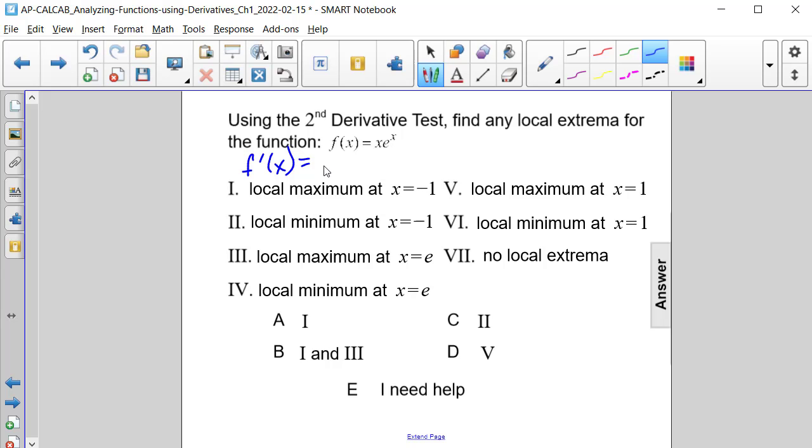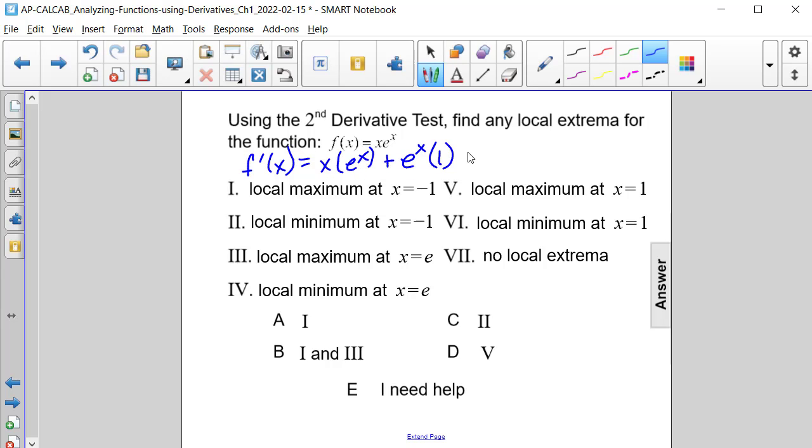And the product rule is first, which is x, times the derivative of the second, e to the x, plus the second, e to the x, times the derivative of the first, which is 1. Now you can also reverse these. You can do the second times the derivative of the first, plus first times derivative of the second, because addition